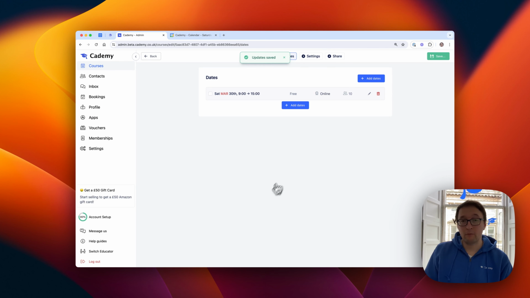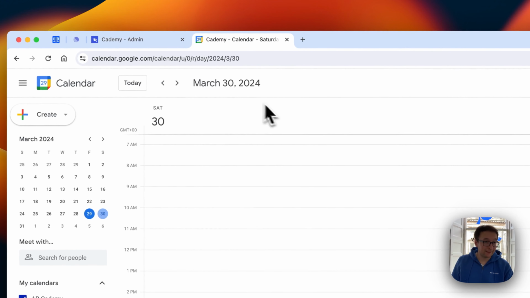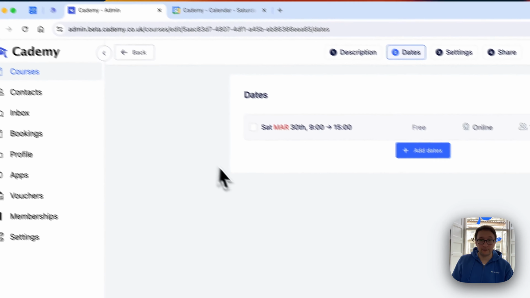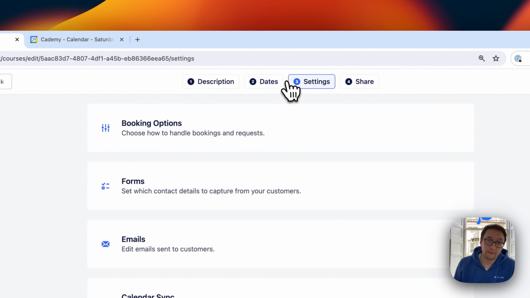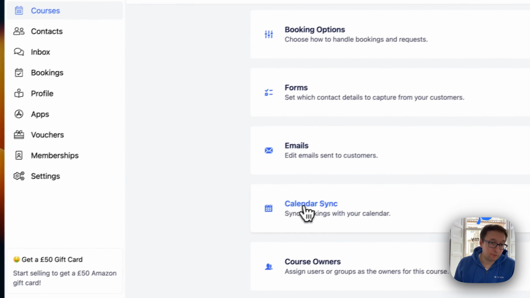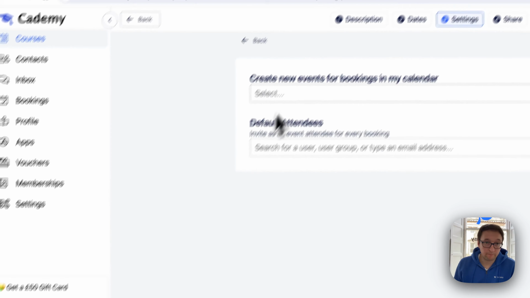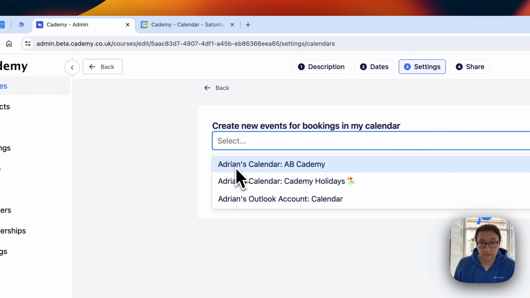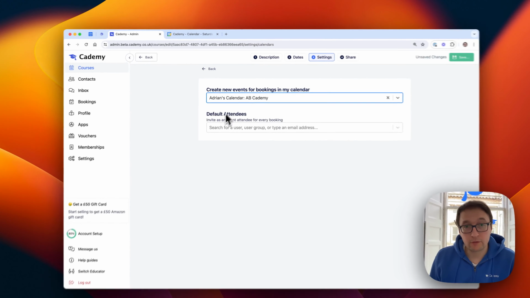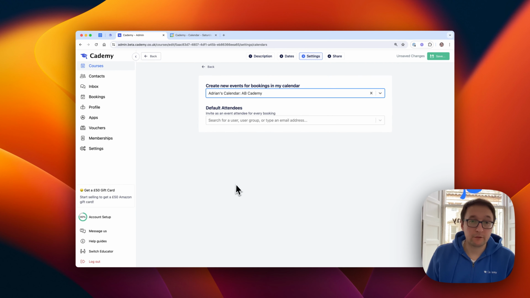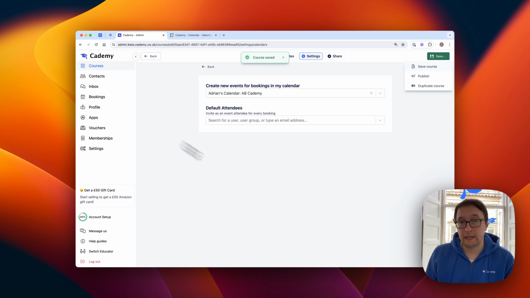Save. Now what is going to happen is, at this moment, nothing. If I go in and check my calendar, there's nothing in this just now. And that's because I need to go in and enable calendar sync for this course. So I can go into the calendar sync settings and choose this calendar to sync to. So if I save, then any future dates I have on this course and any new dates that I add